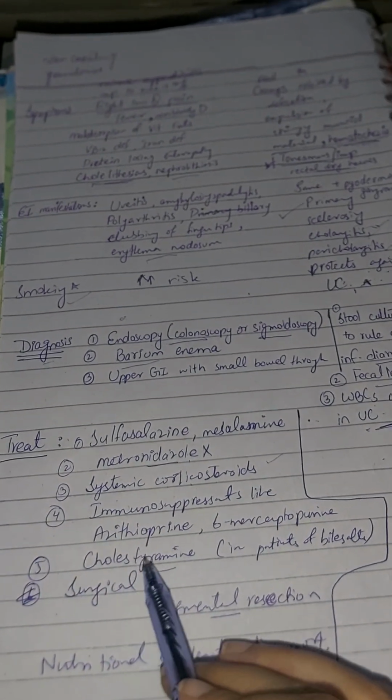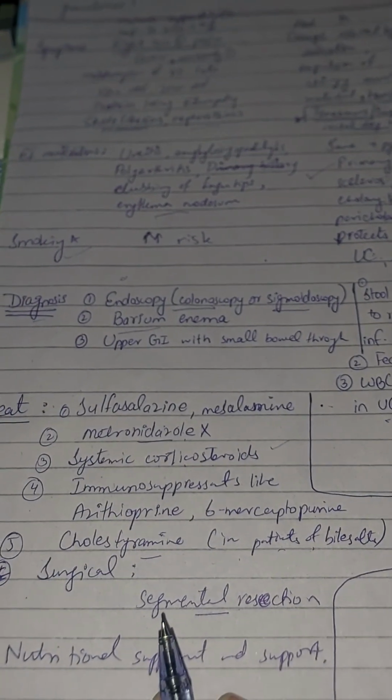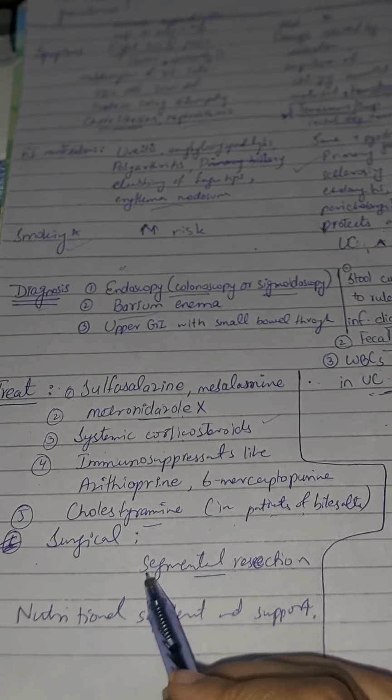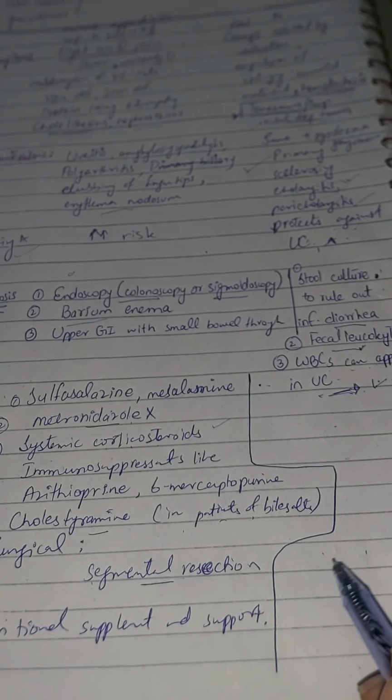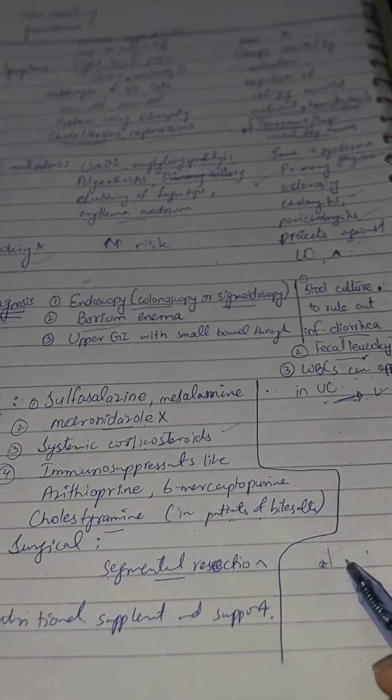But there is no risk of bile salt problems or nephrolithiasis in a patient with ulcerative colitis. Surgical treatment is the same: the affected part is resected, that is, colectomy is performed, and this is all about